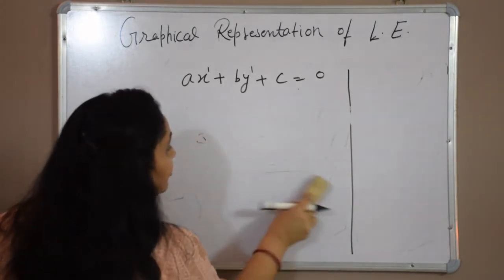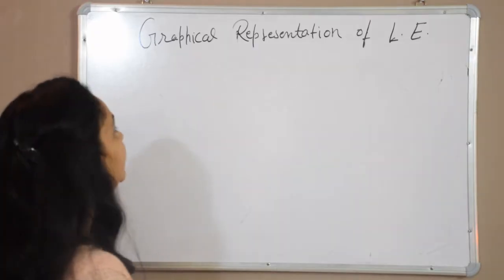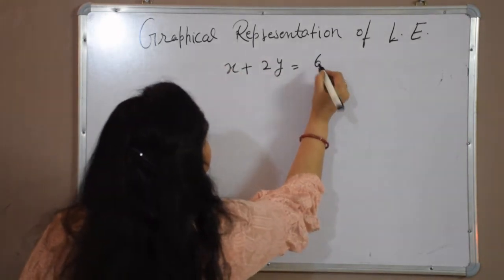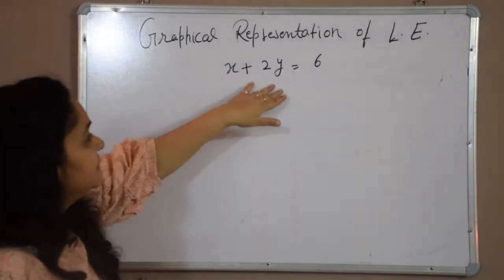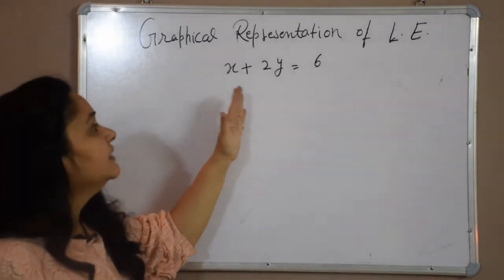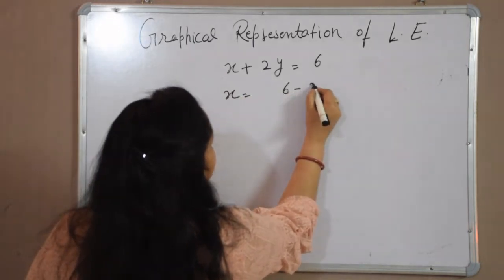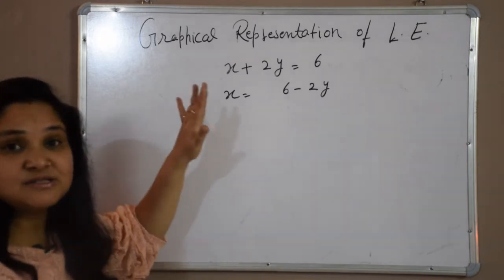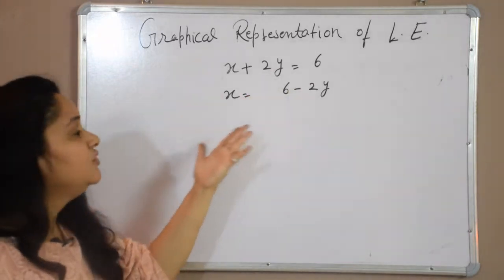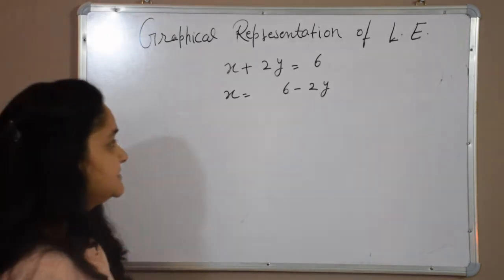First I was telling you how we can find a solution of the linear equations. Now we will take another example of a linear equation in two variables, and we will find the solutions of this. x plus 2y is equal to 6. It is a linear equation in two variables, and how we can find the solution. In the previous question we converted y in terms of x, but here we will convert x is equal to 6 minus 2y. By showing this, I want to tell you that there is no hard and fast rule that you have to convert y in terms of x. You can convert x in terms of y also, and there is no problem in all these things.